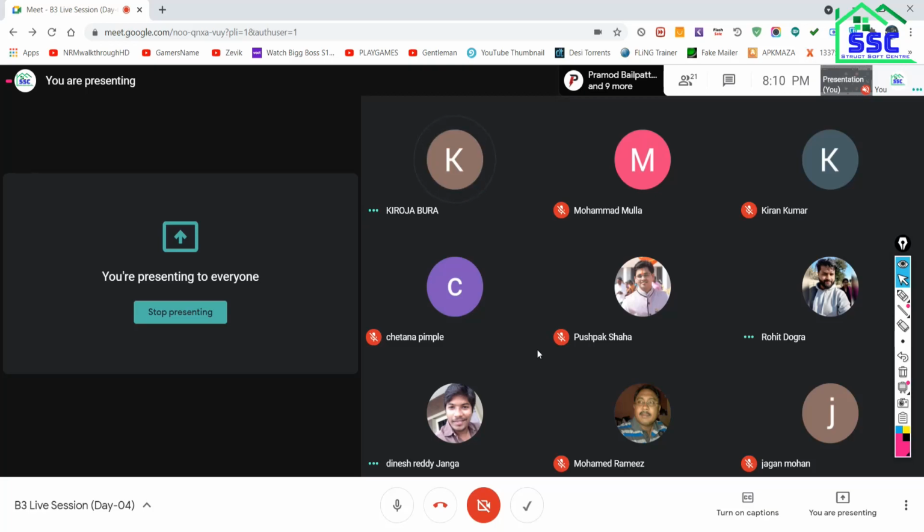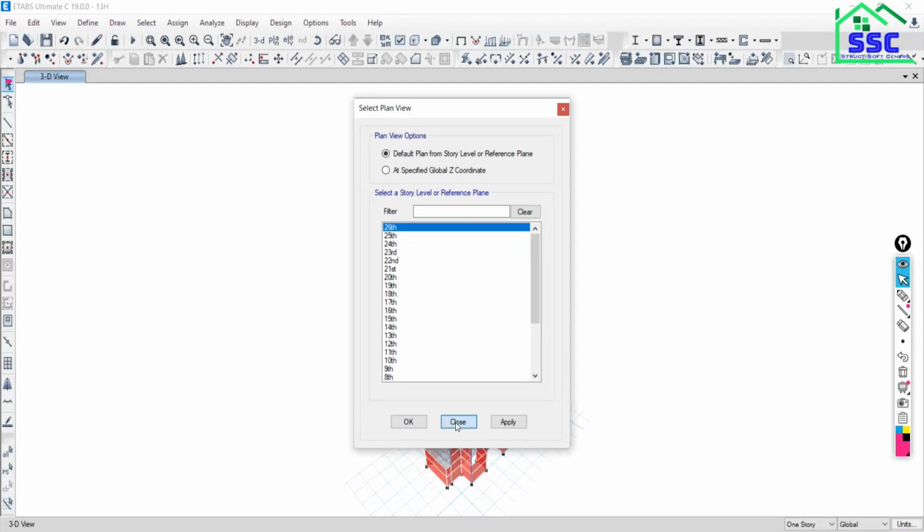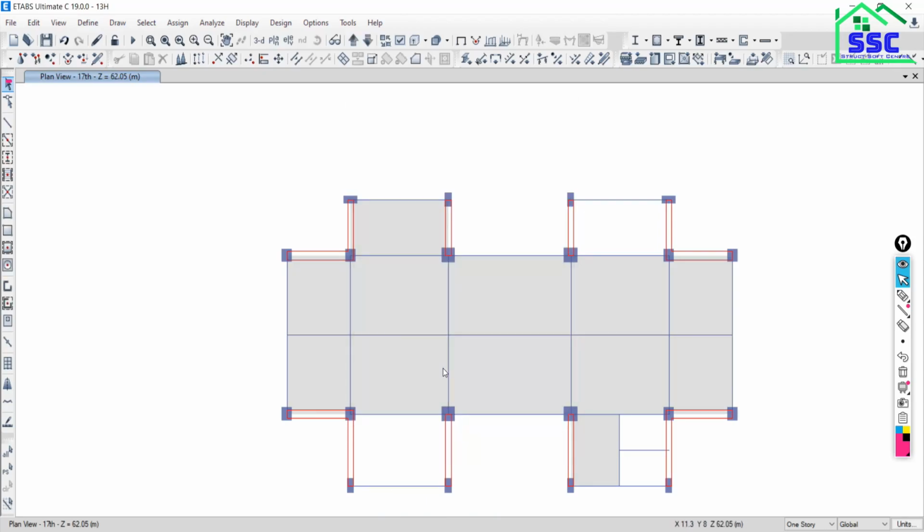That will require time. Yes, it is a small structure. Suppose the structure is very big, 4 or 5 times this project. So that is a time-consuming job. I want to select the slabs of your 5th, 10th and 15th, or let's say 20th. Okay, for 4 slabs I have to select. So how can I do it?